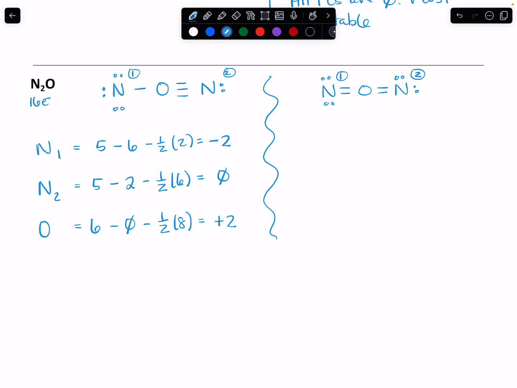All right, so we'll slide over to this one. So N1, we've got 5 valence electrons minus 4 in lone pairs minus half of the 4 bonded electrons. So that's a formal charge of 0. That already looks better. All right, nitrogen 2, 5 valence, 4 lone pair, and half of the 4 bonded, also 0. All right, and then for oxygen, we've got 6 valence electrons, no lone pairs, and then